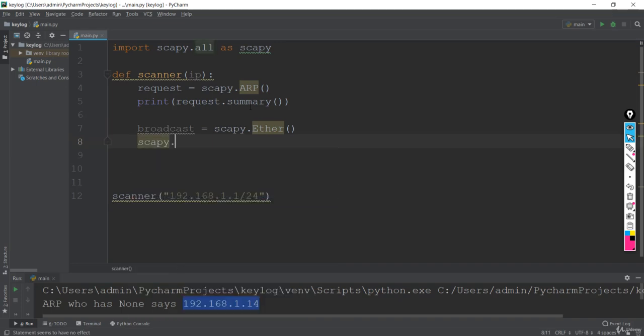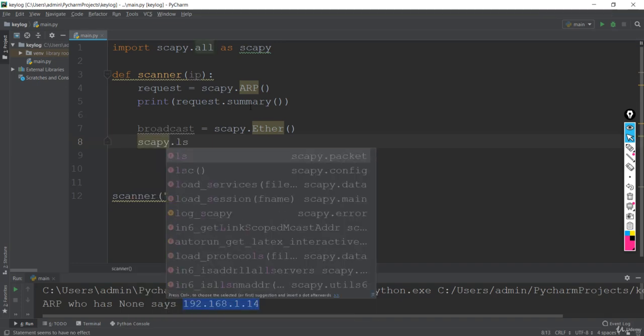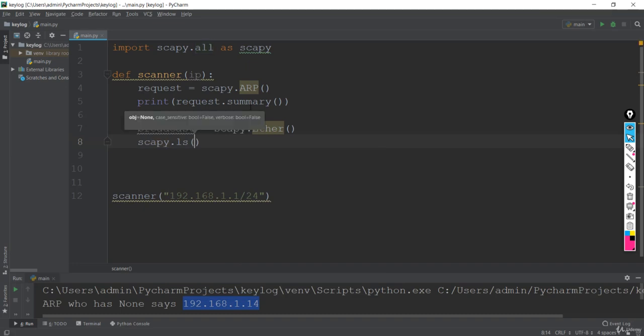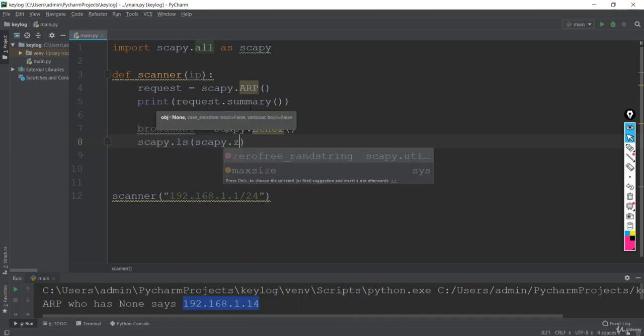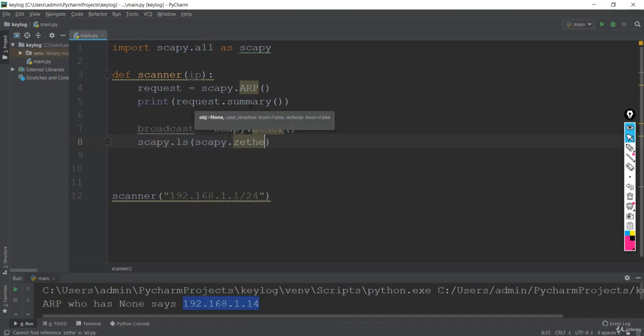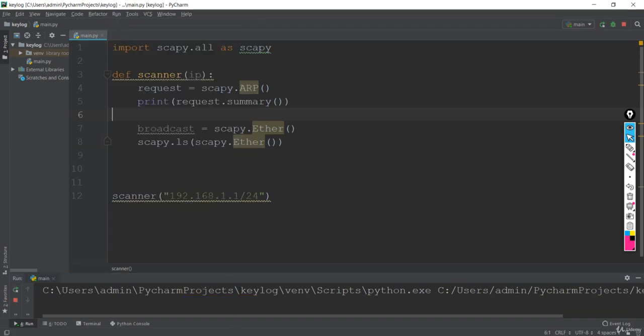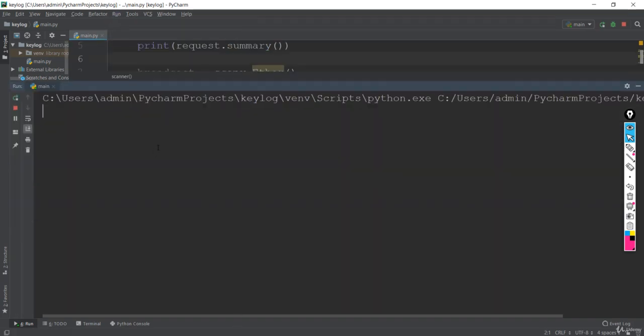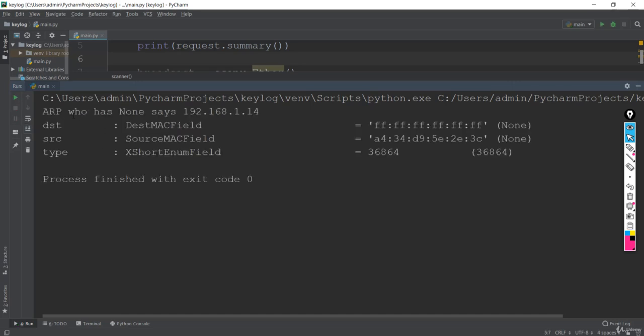To see that list of arguments, we make use of the ls function, and I'll say Scapy ls. We want the attributes of the Ether module, so that should be Ether. Now if I run this, you'll see the list of attributes printed right over here. So let it take a while to run. You can see we have DST, SRC and a type argument.